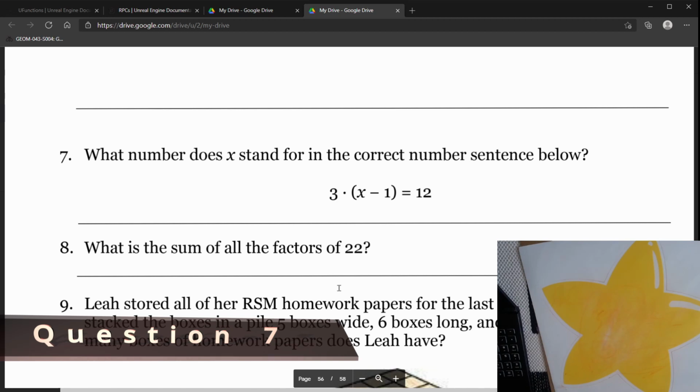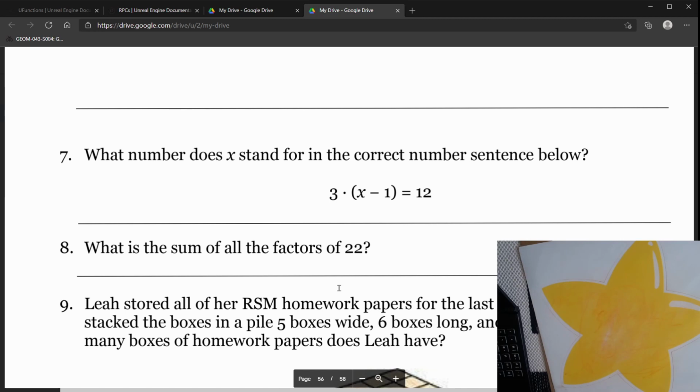Okay, moving on to number 7. What number does X stand for in the correct number sentence below? So I'm going to write down this number sentence. 3 times (X plus 1. I mean, this is not plus 1, this is minus 1) equals 12. And so, now that we have it like this, we have to multiply 3 with X and 3 with 1, because these are in parentheses. So that's 3X